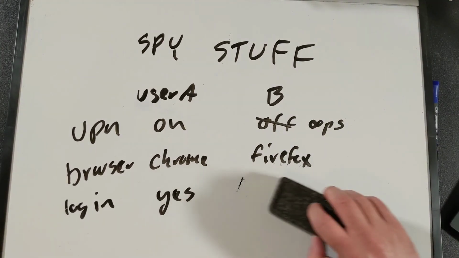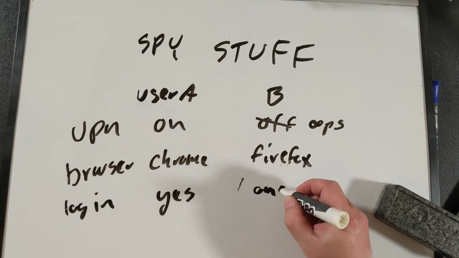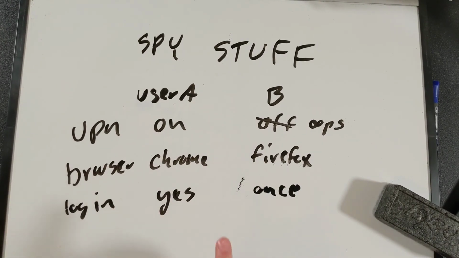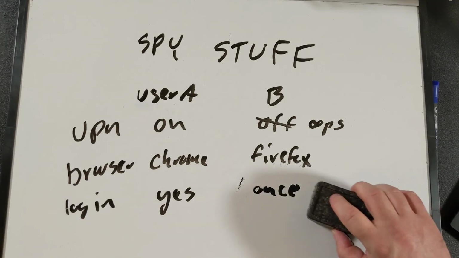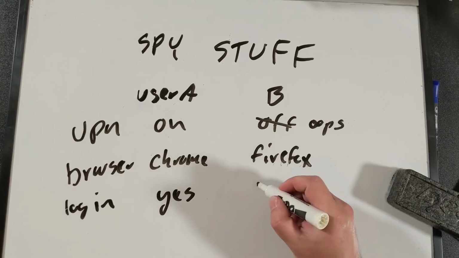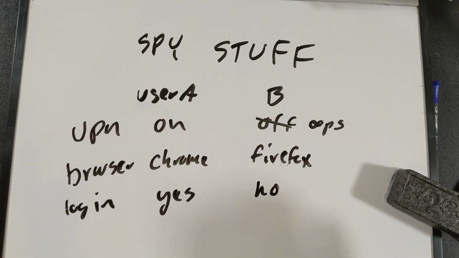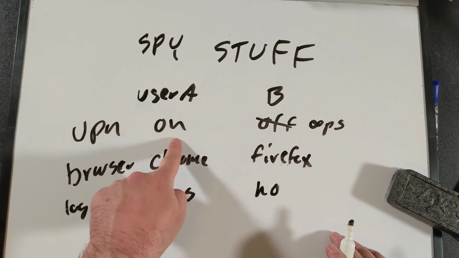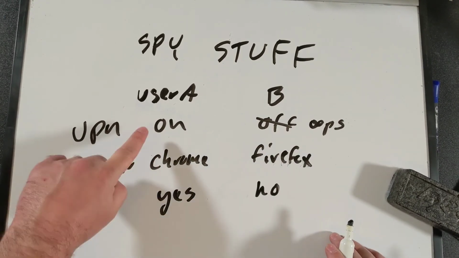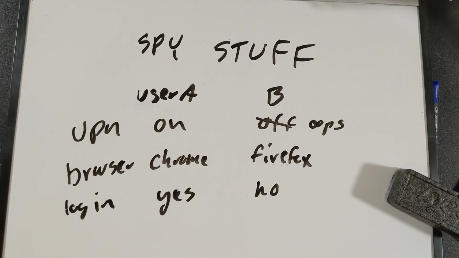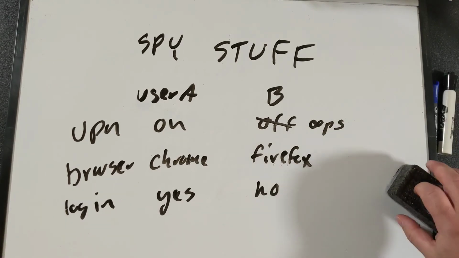Now, if I log in here once, I've lost the game. These profiles are merged. Google knows for sure that they're the same person. So there's a mistake I can't make. If I use the wrong browser, they're going to probably be able to link the session together. If I turn the VPN off for a user A action, then they'll almost certainly be able to link the sessions together because not that many people share my IP address.